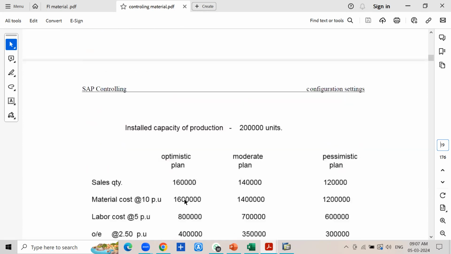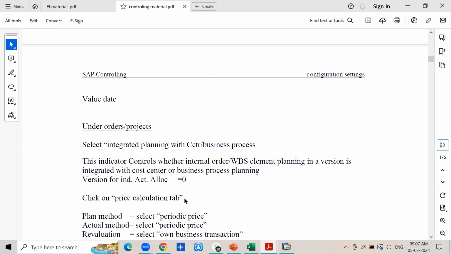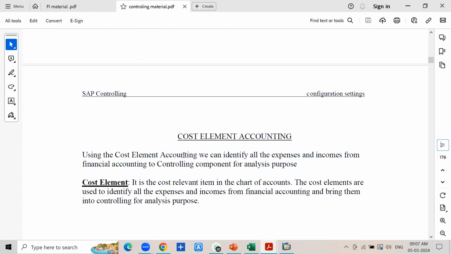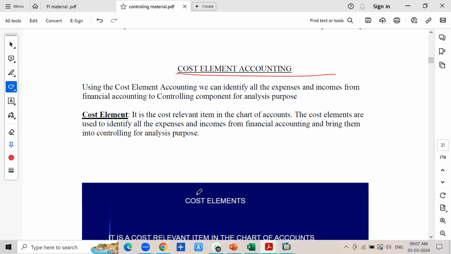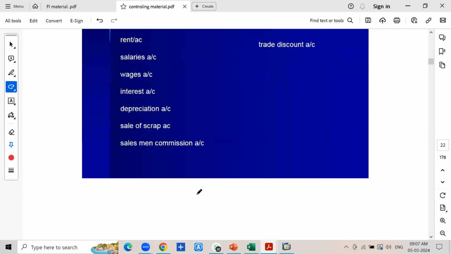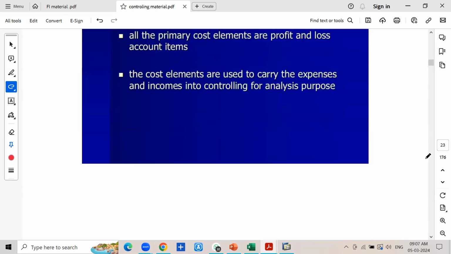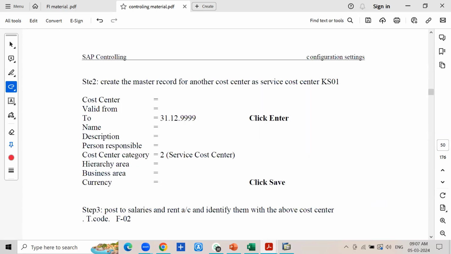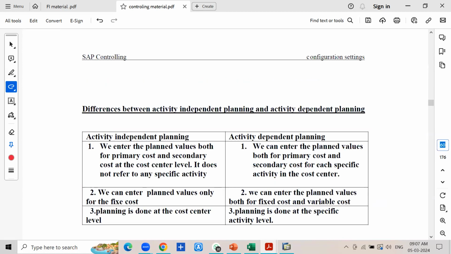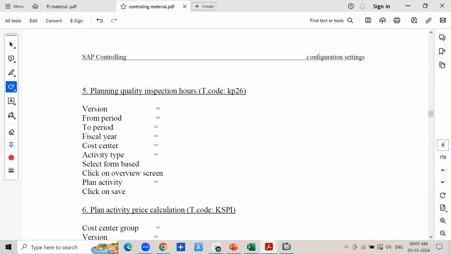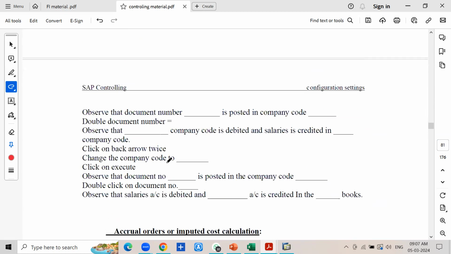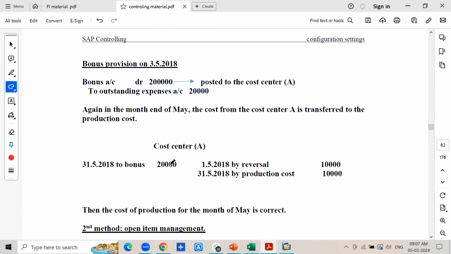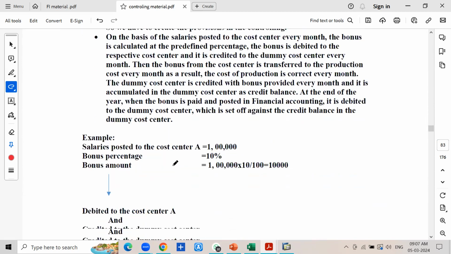After this, we have the cost element accounting. We have the cost element accounting, right? Then we have internal orders, cost centers, right? After cost center accounting,